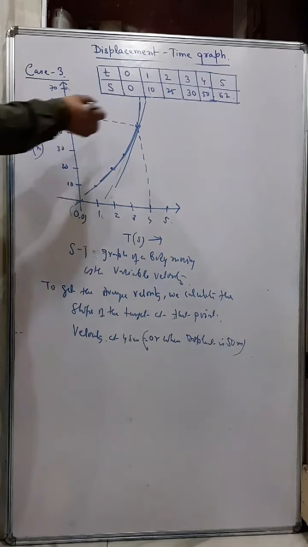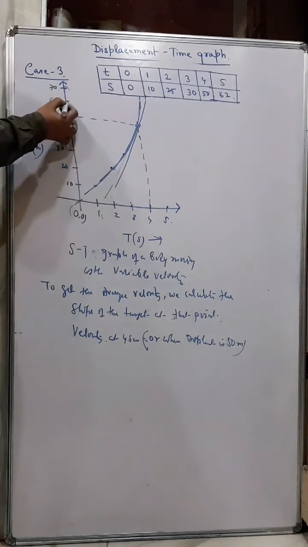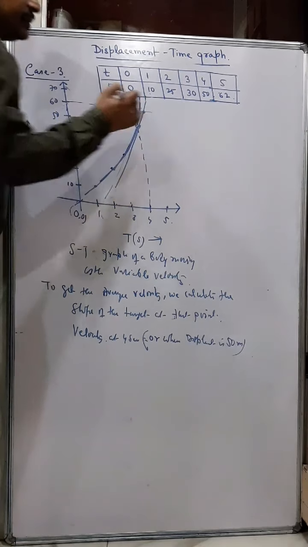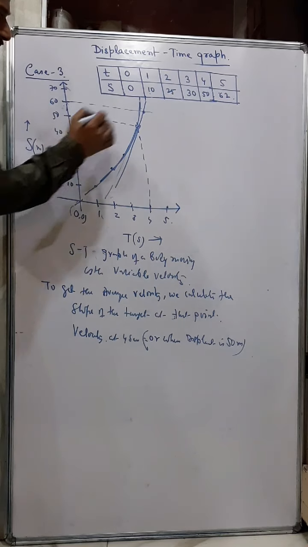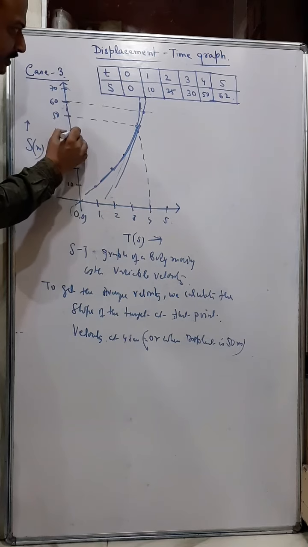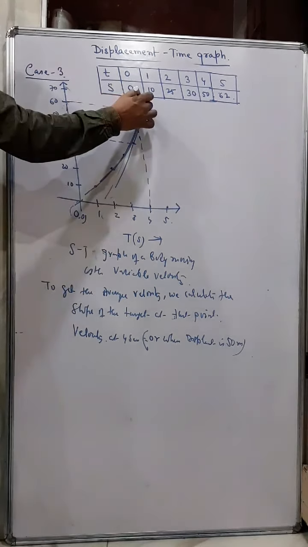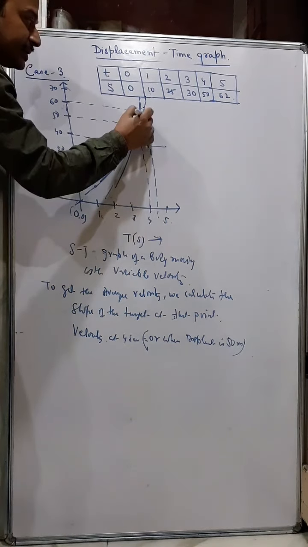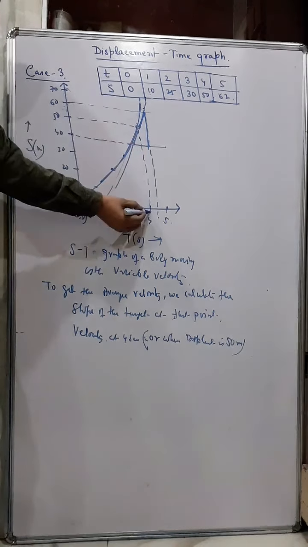Now how to calculate the slope? We can take the displacement after this, say 60. We'll draw this and we'll cut the line here, and before this the displacement is this. The line is cut here, and then we get the slope of this part. So you got this triangle. You can understand what I have done. So this is the 4 second point.